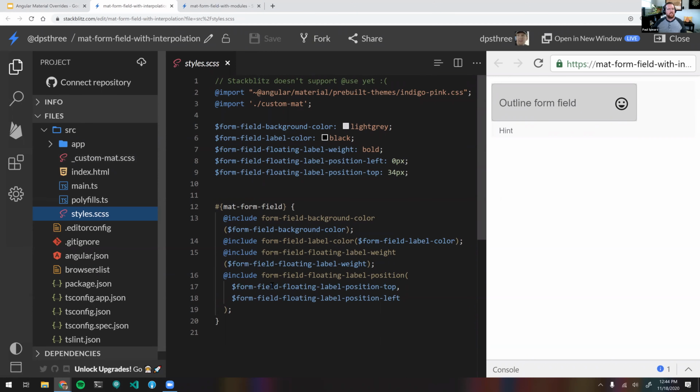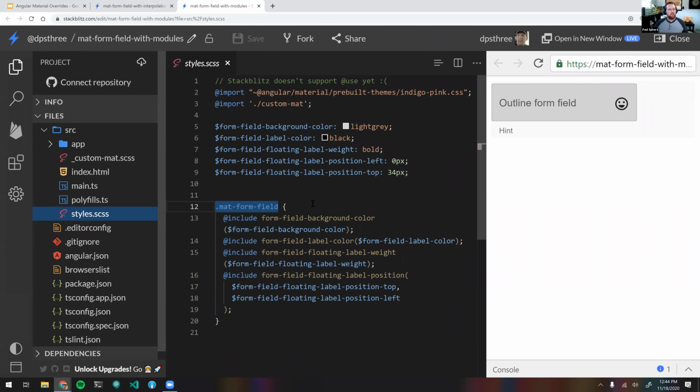And this is our style CSS where we have our list of mix-ins. And the key thing here is that I've changed the selector name. The selector name is now pound curly mat form field. Previously, it was .mat form field. I didn't like this. I had a real problem with it being the selector name of the class mat form